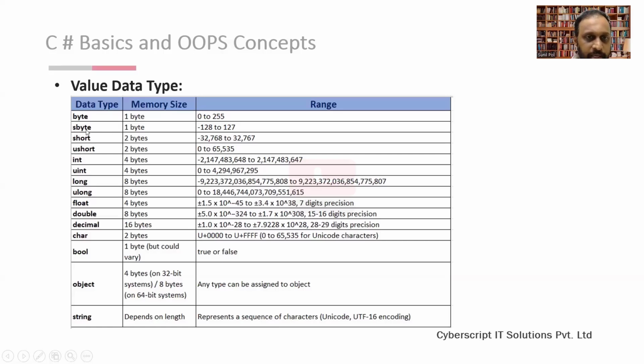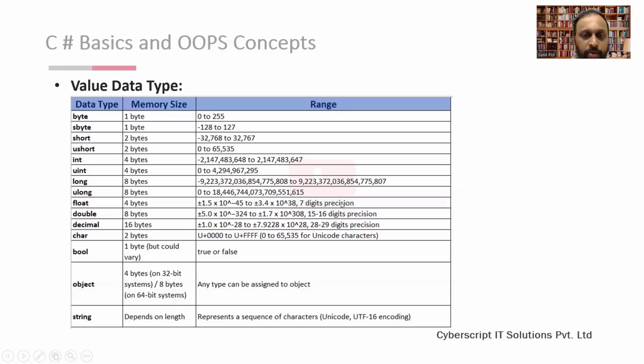The next one is sbyte, which also uses 1 byte in memory, and the range should be between -128 and 127. So we cannot assign any value bigger than 127 or less than -128 to the sbyte data type. This is the memory size that would be allocated, and this is the range allowed by C#. Whenever you declare a float variable in C#, 4 bytes would be allocated, and 7